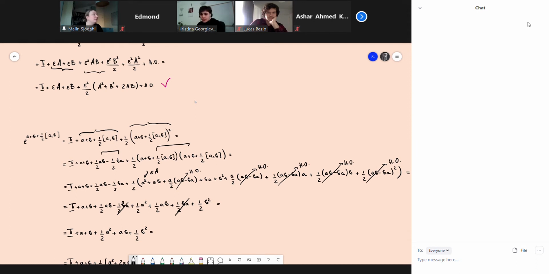So it was actually a fairly straightforward exercise as well. It was just expand to second order in epsilon and see that the same expression is obtained on both sides. Yeah. So I like to stress here as well that the point of the